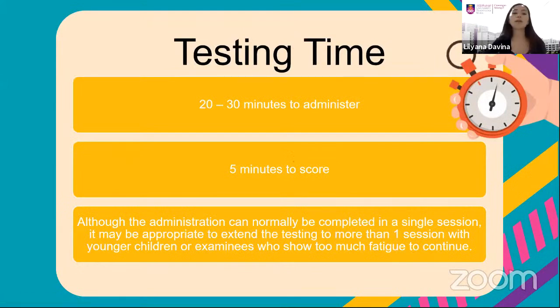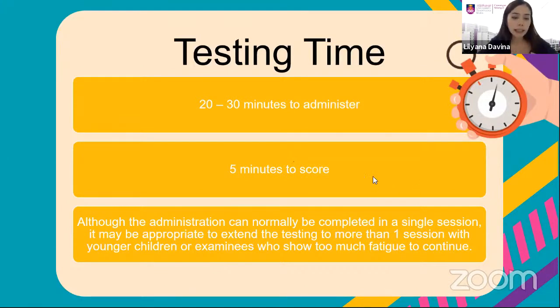Okay, testing time. MVPT4 assessment only needs 20 or 30 minutes to administer and more or less 5 minutes to score. Although the administration can normally be completed in a single session, it may be appropriate to extend the testing to more than one session if the child shows too much fatigue to continue. Testing in more than one session may also be necessary with examinees who show reluctant, resistant, or any negative behavior.